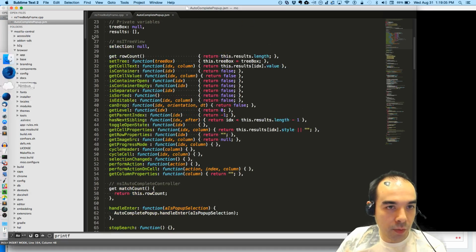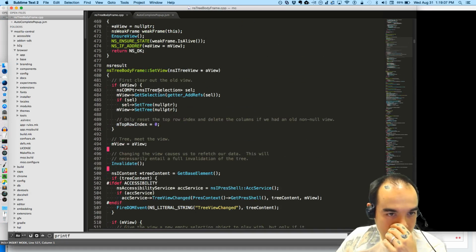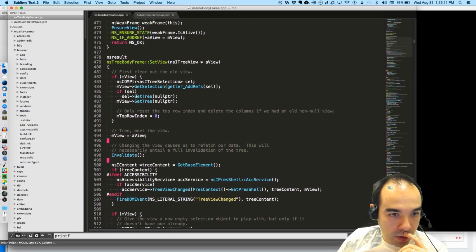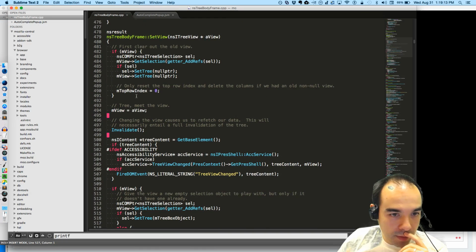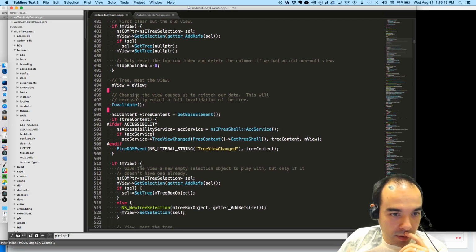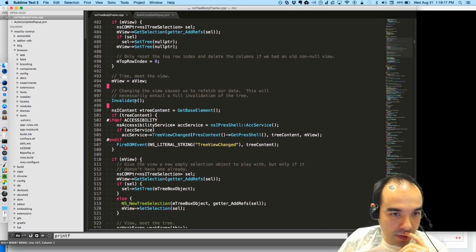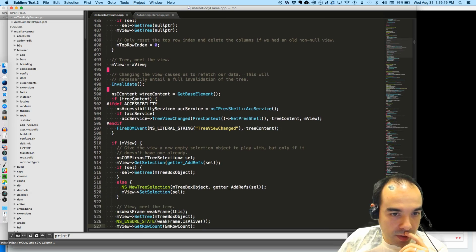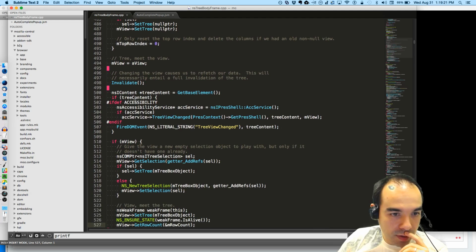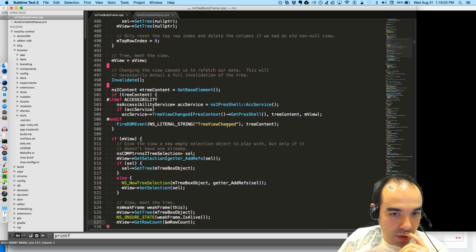Unless there's a really good reason. Like, what happens in here? When we set a view, we clear out the old view, meet the view. We invalidate ourselves. We fire an event that the tree view changed.